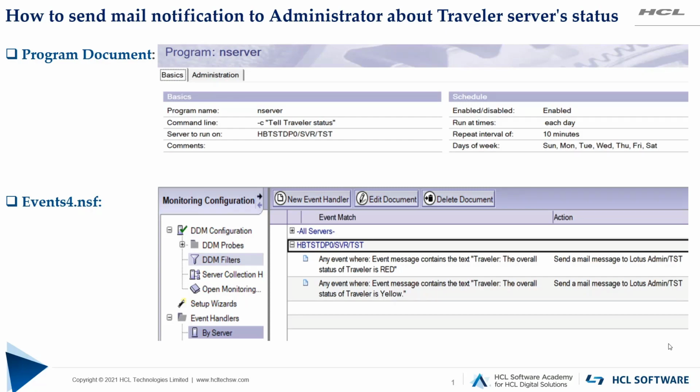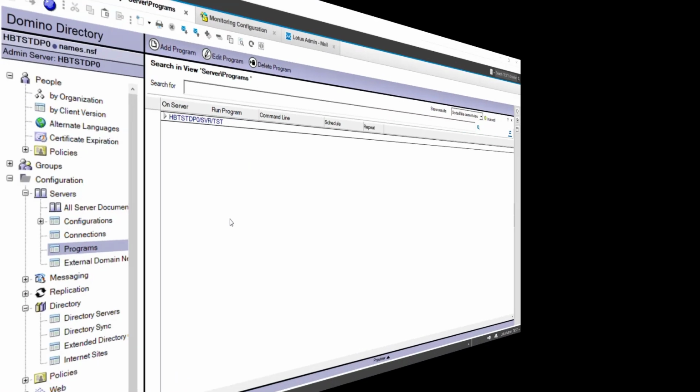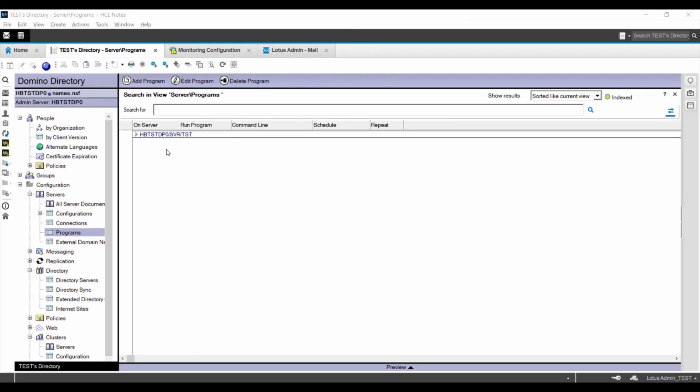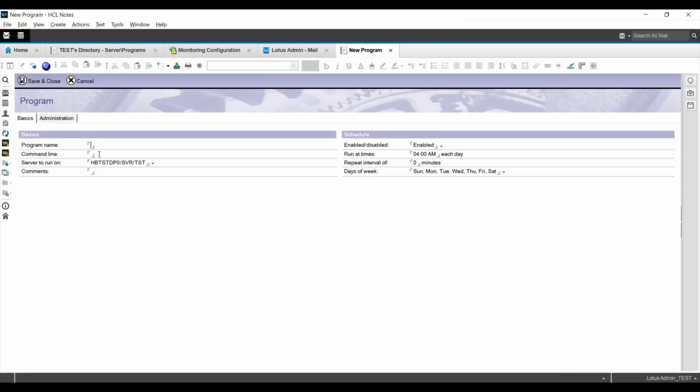So let's start with the practical demonstration of the same. We will start configuring the program document first. So let's open your domain directory, click on configurations, servers, programs, and click on add program. Enter the program name as nserver, provide the command line, enter the server name for which you will be running the command, enable the schedule.